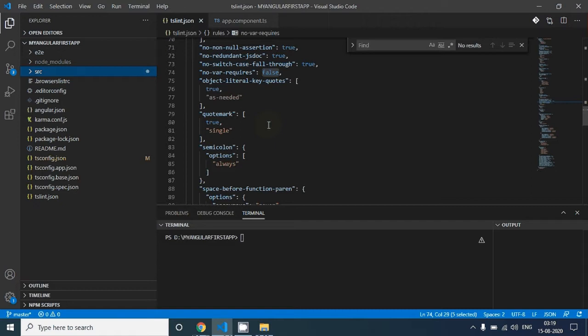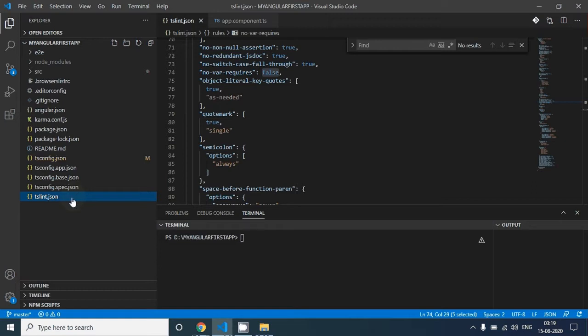In this video we will learn about the Angular project structure step by step. We will go through all the folders and files and look into them in great detail. So let's start. This is the project we created in our last video, so I strongly recommend you view our last video. My Angular first app is the one we created, and this is the folder and the files we have. Let's start from the bottom.